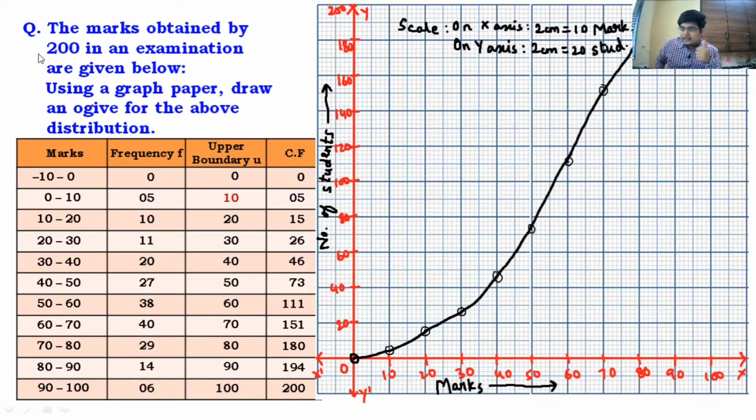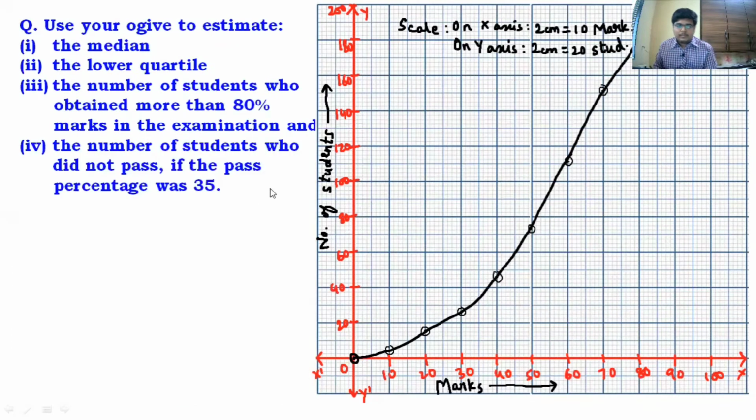All right. This is a 6 marks question, as I had said earlier. But for ogive, for making ogive, you get 3 marks. And then there are 3 sub questions, 1 mark each. So now let us go ahead and take those sub questions as well. So here I have taken 4 sub questions so that we can cover every concept of this topic in one sum itself. In the exam, you will get 3 sub questions.